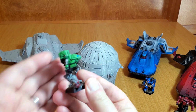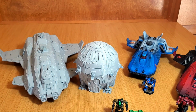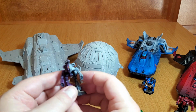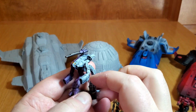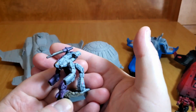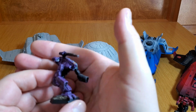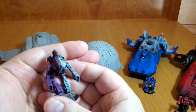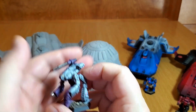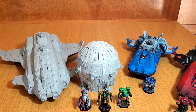I've got Clans. I've got Jade Falcon. So, and I believe Clans use the same dropships as the Inner Sphere Star League tech level dropships. And then I've got House Merrick. These are Silver Hawk Irregulars. And I love this paint scheme, if I can get the camera to focus for me. So these guys are House Merrick. I'm going to paint some other factions, but these are really kind of the primary factions that I have